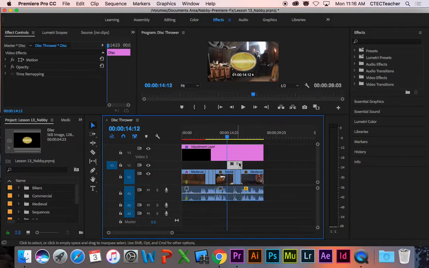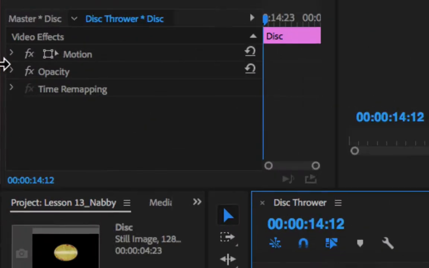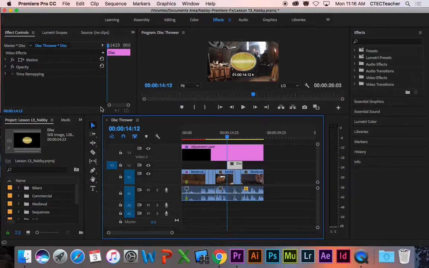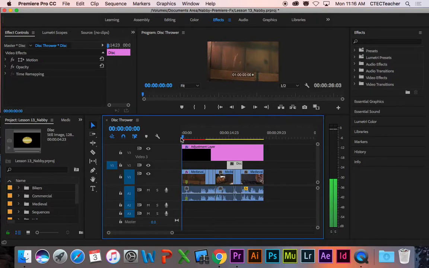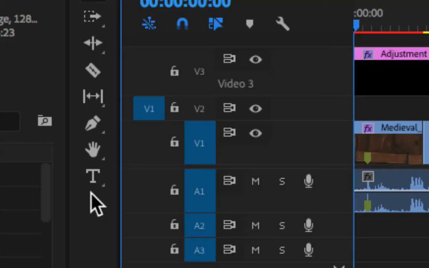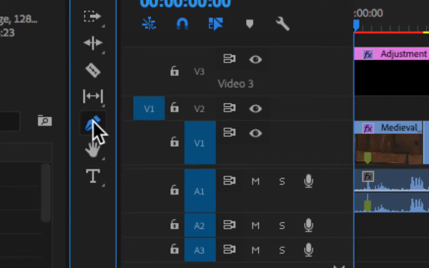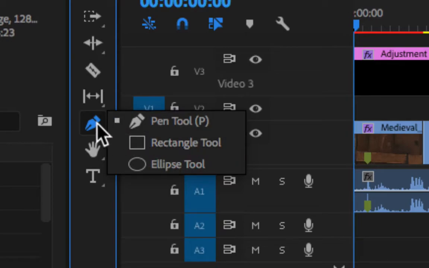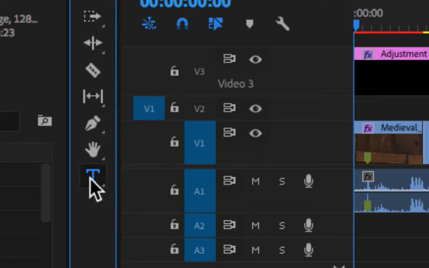So when you select a title made with the legacy titler, these are your options: motion, opacity, time remapping. Now what if I made a graphic with one of these, the type tool or the pen or rectangle or ellipse? Let's see the difference. So if I take the new type tool,